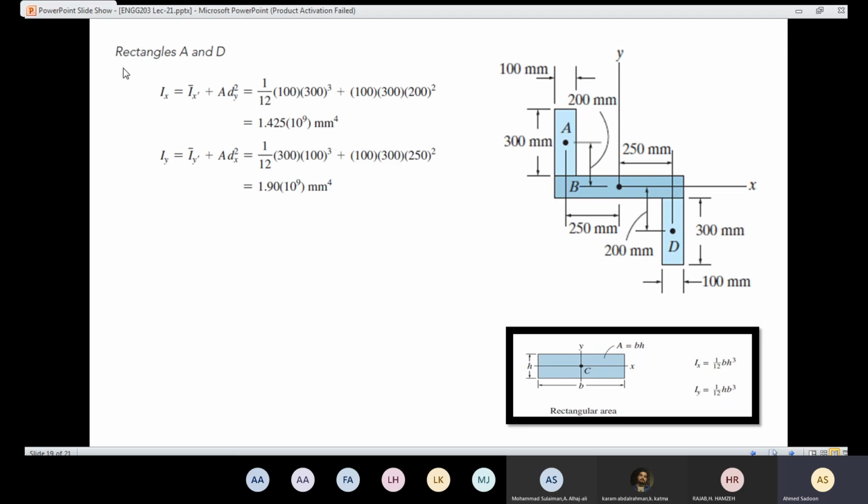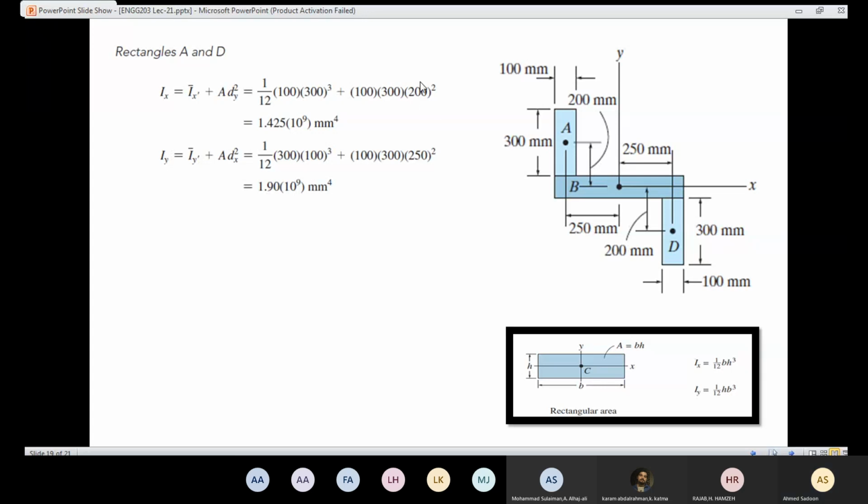So first we need to determine the moment of inertia for the part A and D. Like you can see here, part A is similar to part D. What we will do for part A is going to be done for part D. So first we need to take the moment of inertia about x for part A. First is going to be the moment of inertia about the centroidal axis for part A, which is 1 over 12, the b is going to be 100, and the h is going to be 300 here. And the area is 100 times 300. And the perpendicular distance, the difference between the axes, is going to be 200,